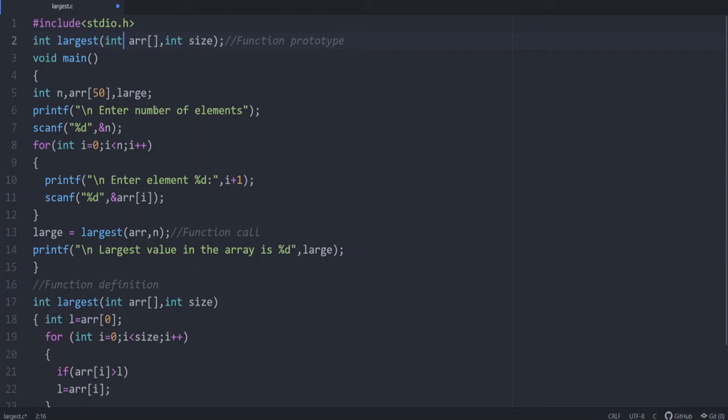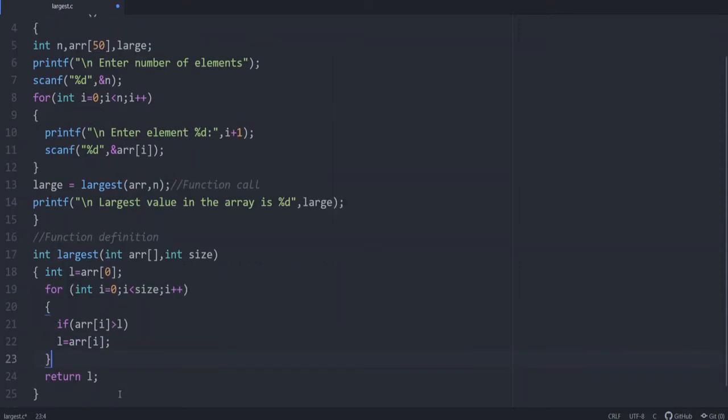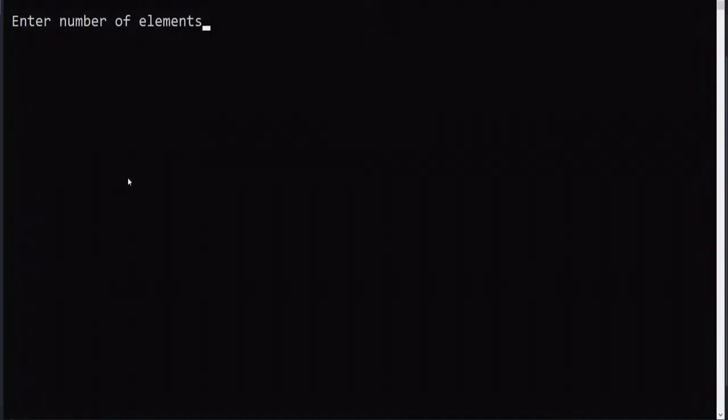Here in both places, inside the function as well as in the main function, you gave the same name arr. So you get the array value and then you call the function with arr as the argument to this function. Then here you have the function definition to find the largest element. And here you find the largest element and the value is returned by the function. So let's check if you're getting the output. Enter the number of elements, say 6, and give certain values.